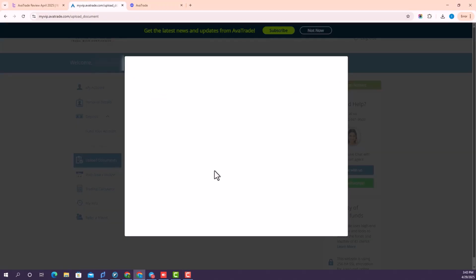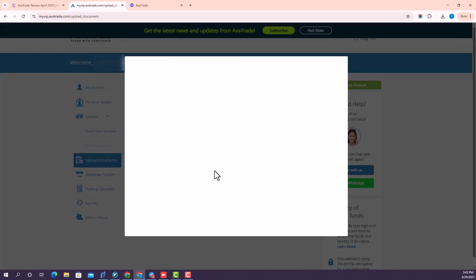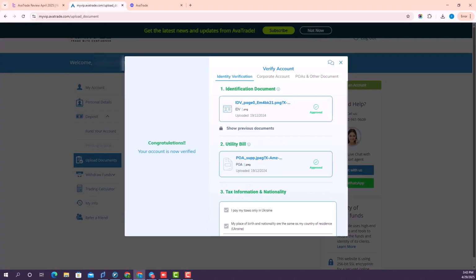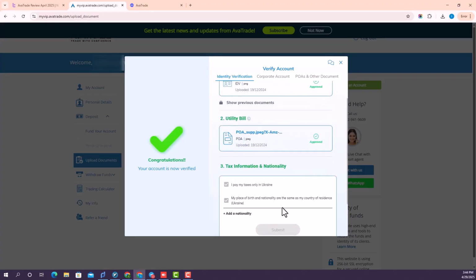The next part is related to uploading documents, which is for submitting your documents. This section is usually used for identity verification and address confirmation. You are typically asked to upload an identity document, such as a passport, a national ID card, or driver's license. You should upload proof of residence, such as a water or electricity bill, bank statement, or your tax documents in